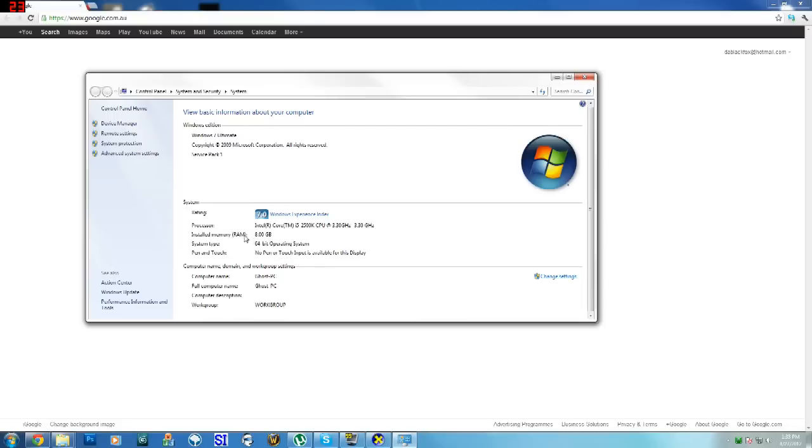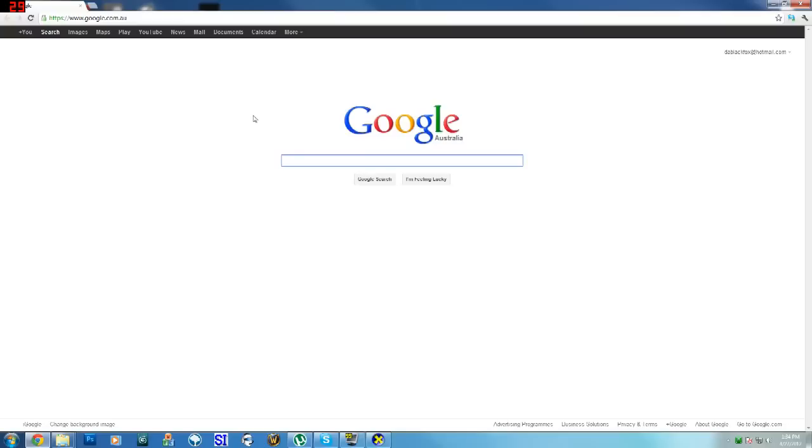If you have less than 4 gig of RAM, you're not going to notice any difference whatsoever. So pretty much if you got 4 gig to 8 gig or higher, definitely use the 64-bit World of Warcraft. You get the most performance out of it. You can pretty much just get that by going